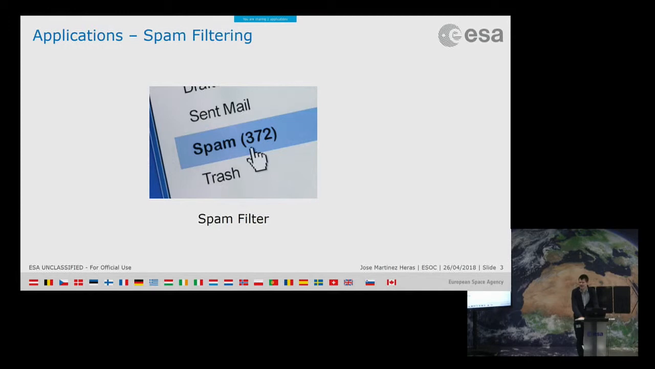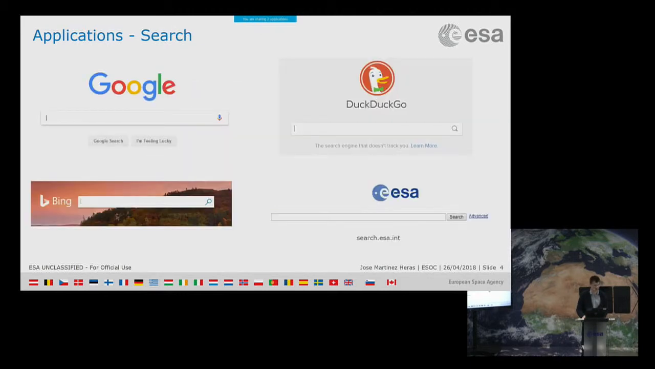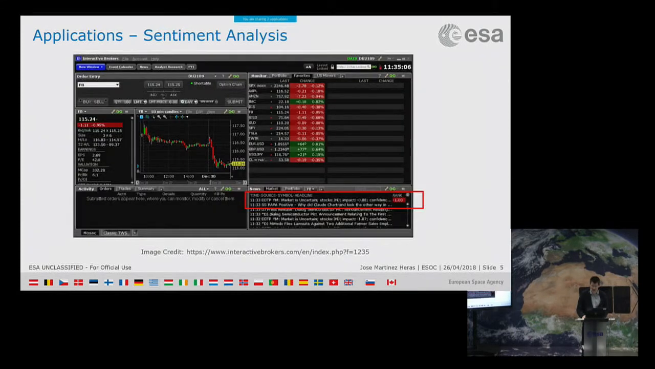Applications, well, I think you know all these ones. Spam filtering is a clear application of text mining, where we have a prediction model that predicts if a document or an email is spam or not. Search is another good example, but a bit more fancy is, for instance, sentiment analysis. This is an application for trading, like stocks and so, where you get every news, and try to